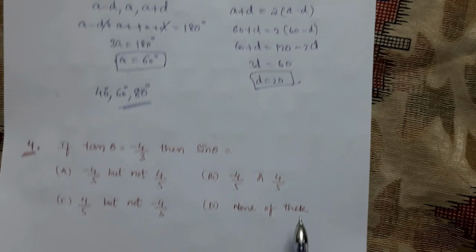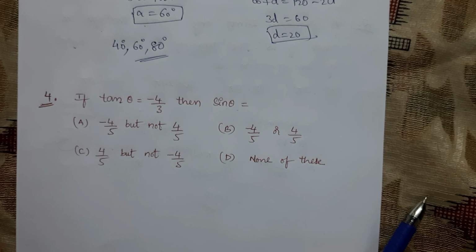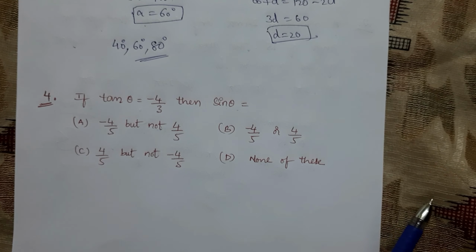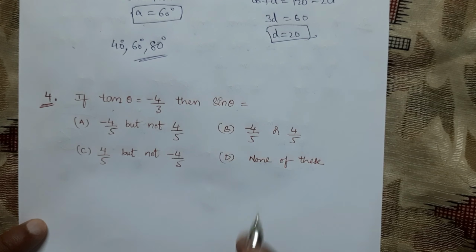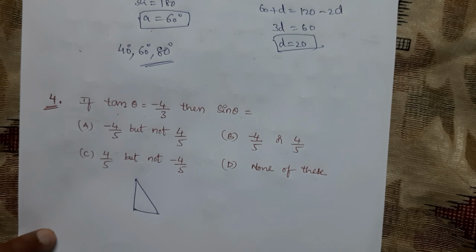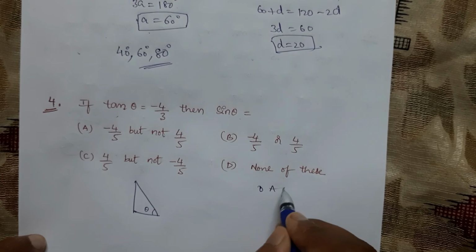Okay. Next question. If tan theta is equal to minus 4 by 3, then sin theta is equal to? You may consider this a very easy question, and it is, but these types of questions can also be asked. They gave tan theta equal to minus 4 by 3 and are asking for sin theta. We know that by using the triangle method we can find the values. As they have given tan, we know according to SOH CAH TOA that